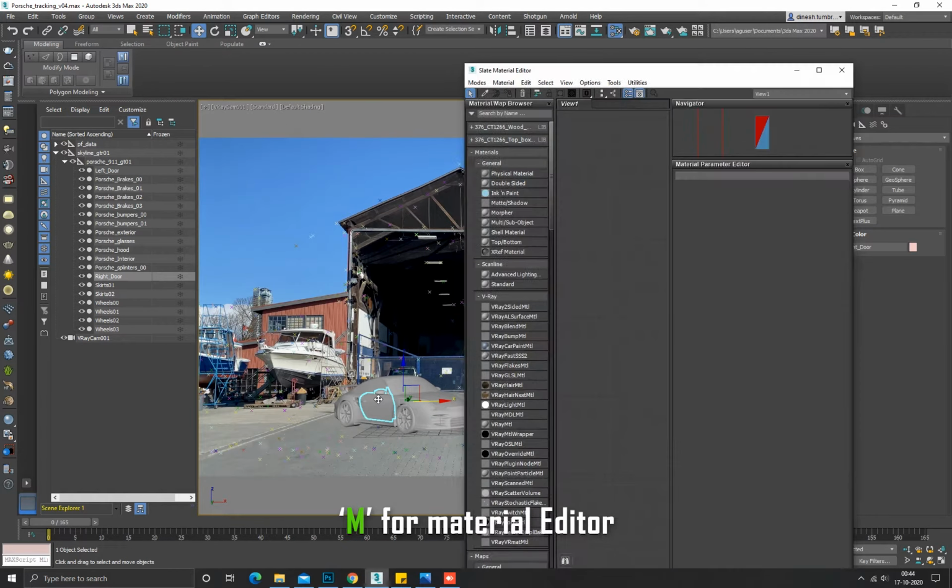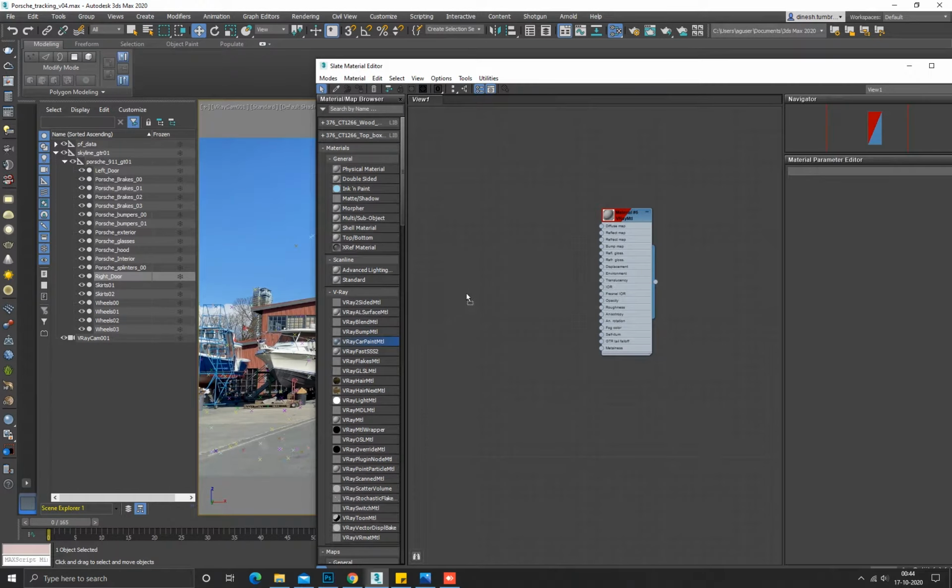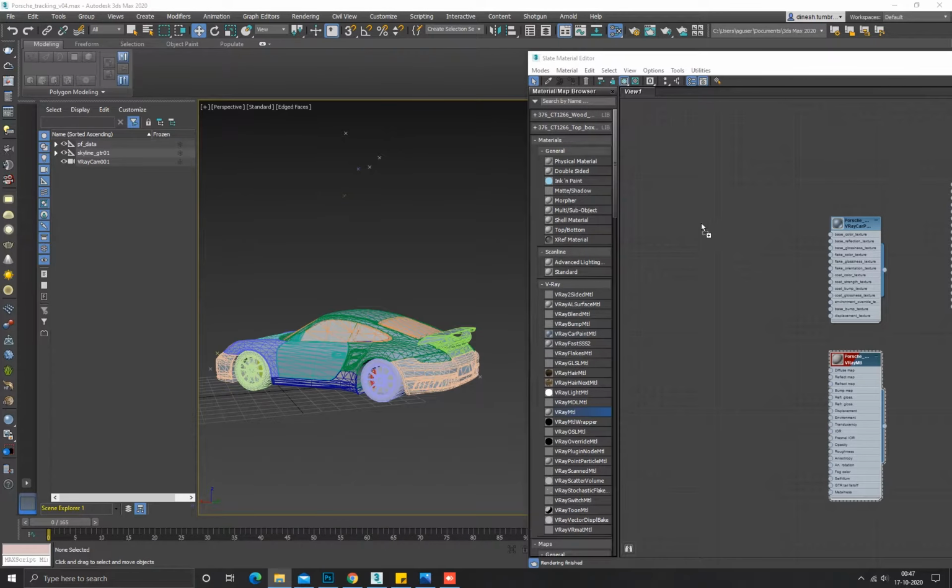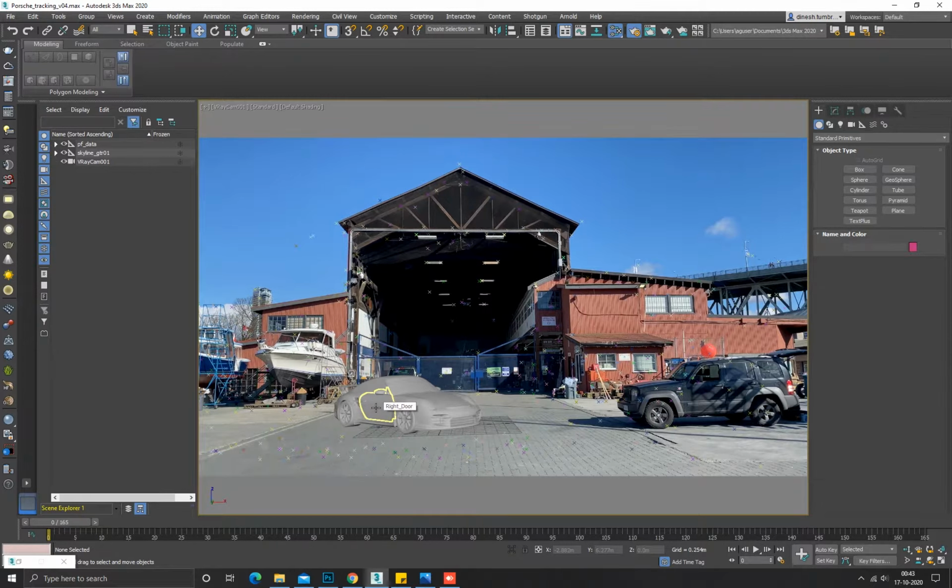Next, we will go to the material editor by pressing M and we'll drag and drop the V-Ray car paint material. Then we'll bring our textures which was provided with this model. As you can see, I am dragging the textures from my second skin, so please don't be confused. I will give you the link to download this model with the textures in the description. We will keep this shading process as simple as possible. In the upcoming tutorials, I will provide you an in-depth shading tutorial.